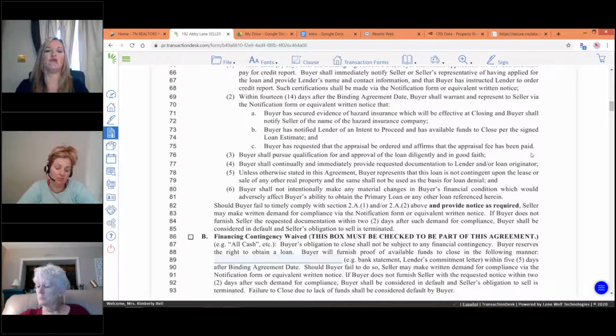Something happens with the loan and the buyer says, hey, I just paid for my appraisal. Okay, great. Has the lender received it? Yes, the lender's received it. Has the lender ordered it? Yes, the lender's ordered it. Hello, Mrs. Seller's agent. I just wanted to drop you a line, let you know that the appraisal has been paid for and ordered. Please be expecting a phone call from the appraiser in the next few days. If you would, let me know that the appraiser reached out to you and if you set an appointment with